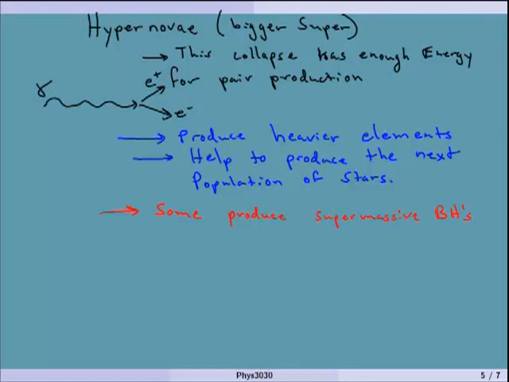So some of them start the seeds of these supermassive black holes, which will become really important because that's what happens to be at the center of different galaxies. Okay. All right. So that's it really for these stars. And now we get more production from different stars, from these population 2 stars and the population 1 stars that we know and love and see, which have even heavier elements in them. They don't have to be as big to form even as the population 2 stars.